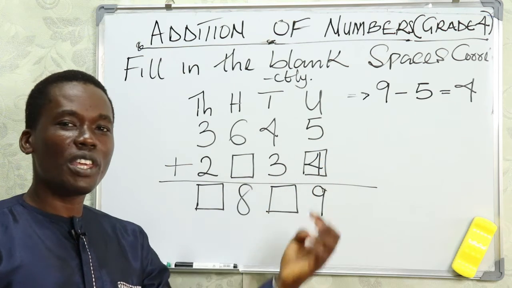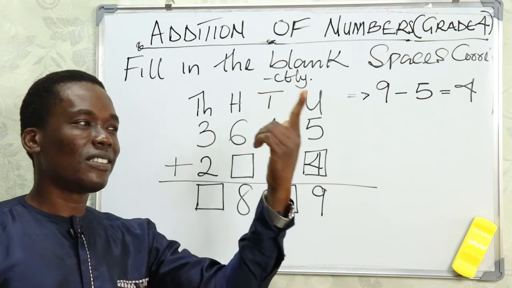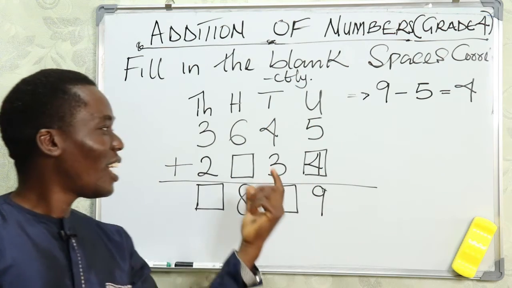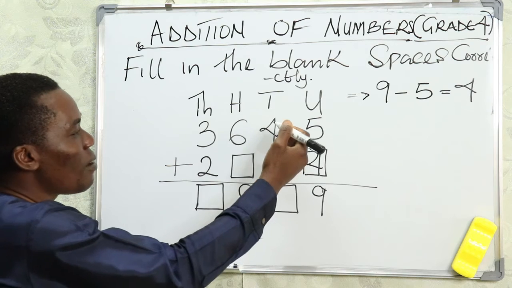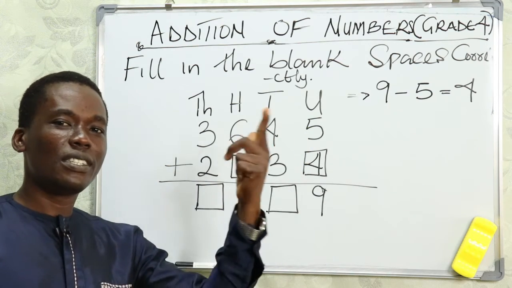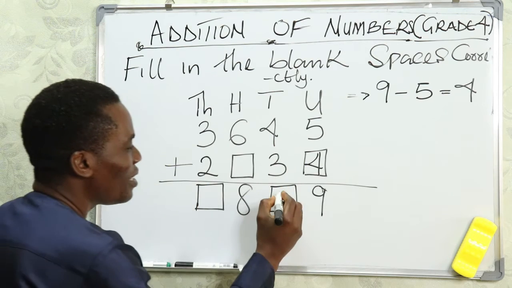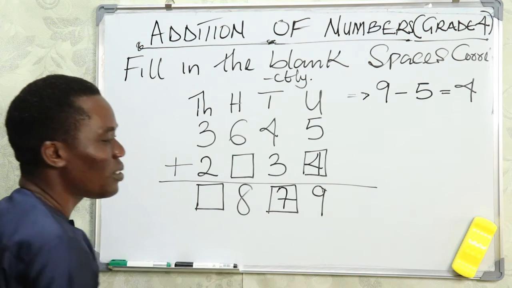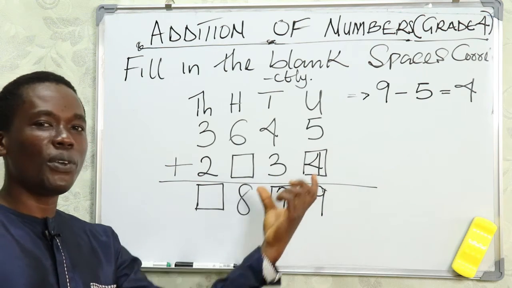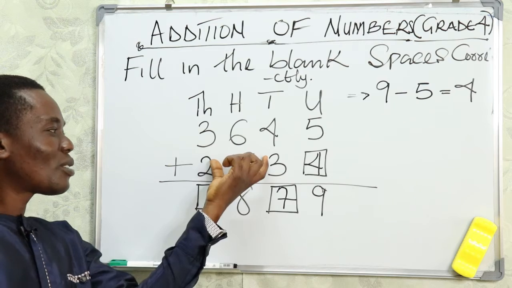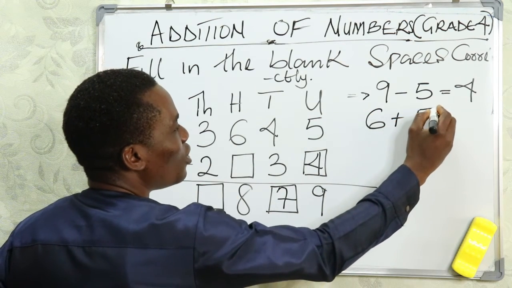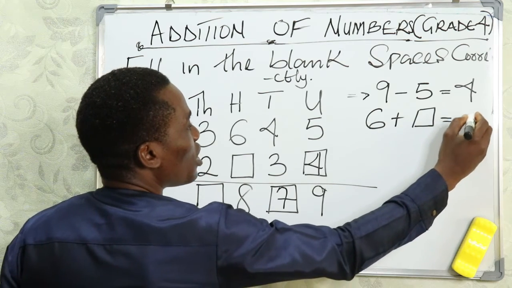Now let's check it out. 5 plus 4 will give us what? 5, 6, 7, 8, and what? And 9. Correct. Now let's look at the next one. You are having 4 plus 3. 4 plus 3, 4, 5, 6, and what? And 7. That means this will give you what? This will give you 7. So you see, we are getting the blank spaces filled easily. Now we'll come back to this part. You are asked to what? To add 6 to what? An unknown number,